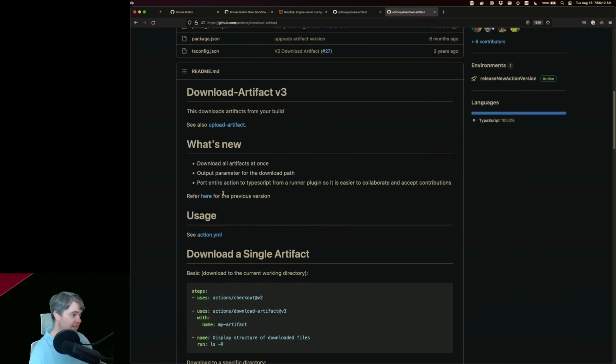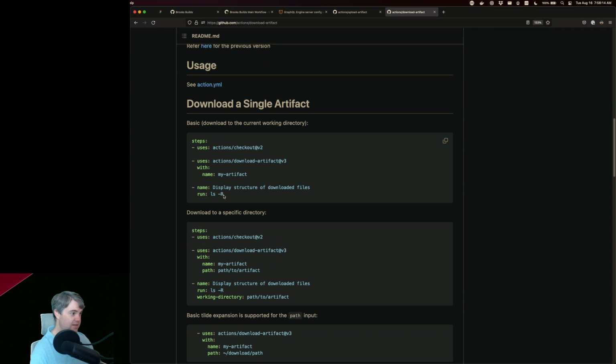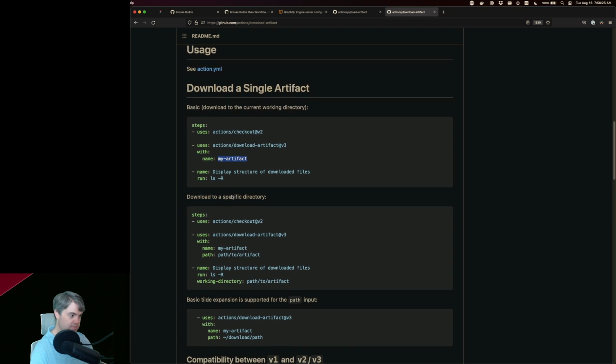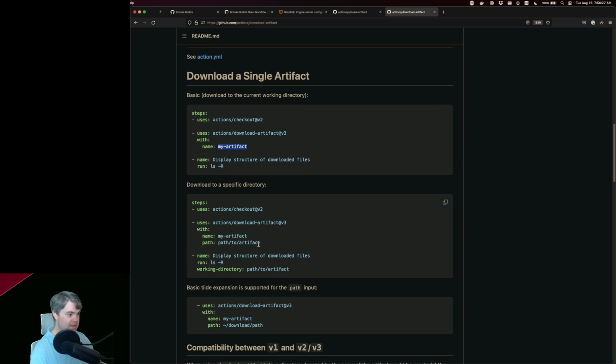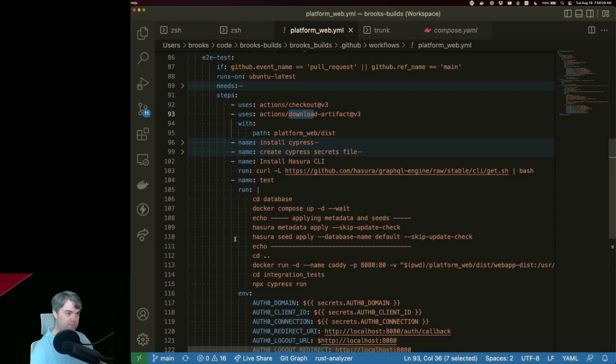Okay, so then there's this one. Can I specify the name? Because if I can, then yes, I can. So I can specify the name. With a path. Okay, so